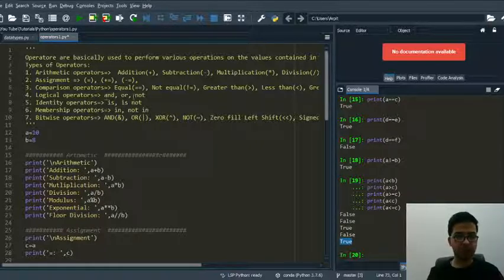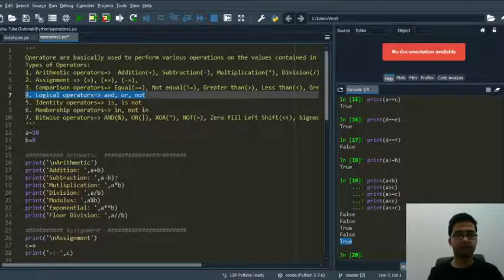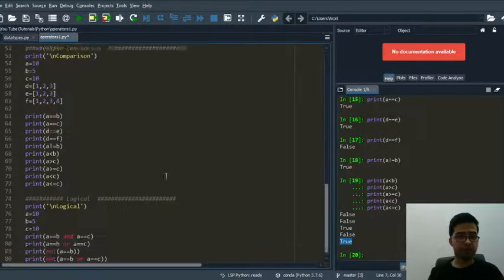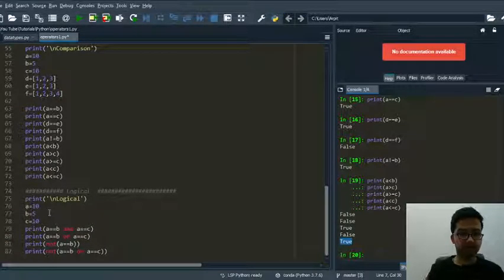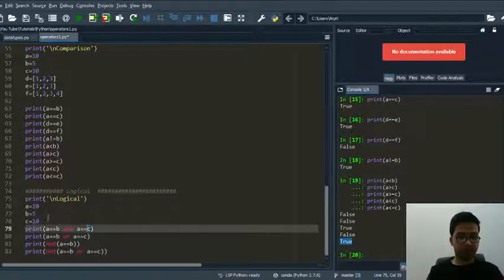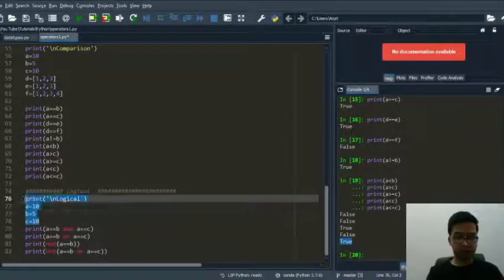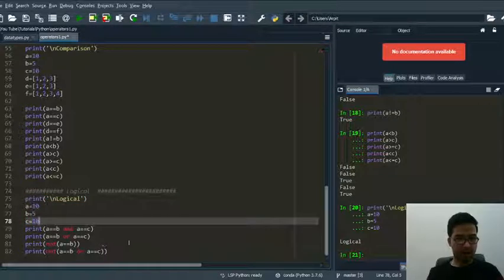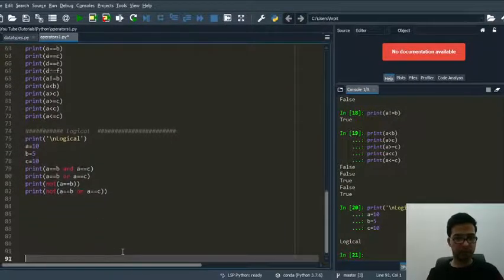the logical operators. Logical operators basically contain and, or, and not. In logical operators, what we basically do is compare two separate conditions, and it also returns either true or false. So we have to check that. So guys, I am going to run this first because I forgot to run it previously. So yes, I have done this much. Then let me take it up.